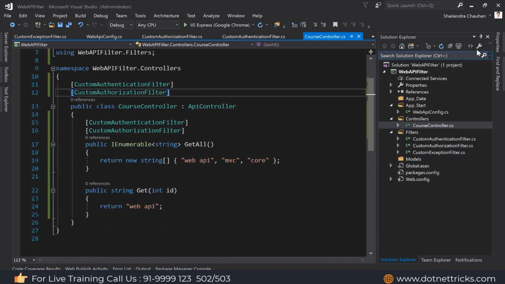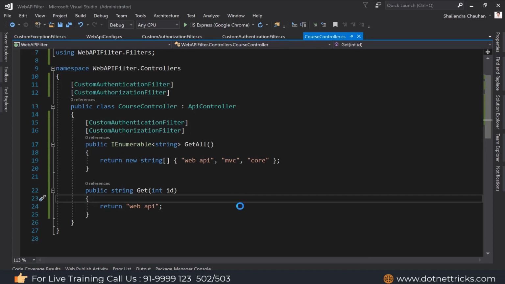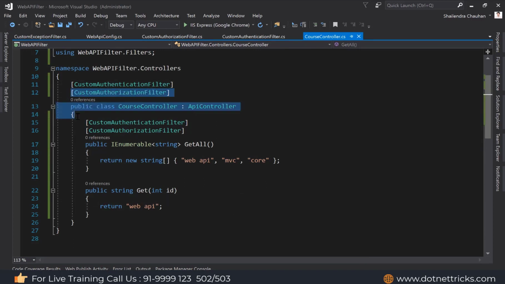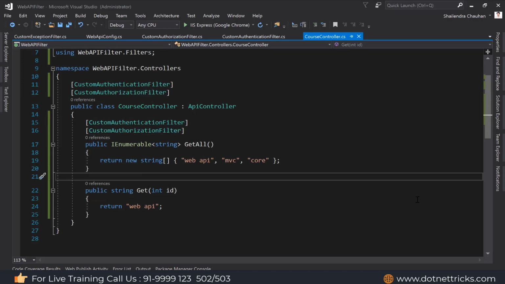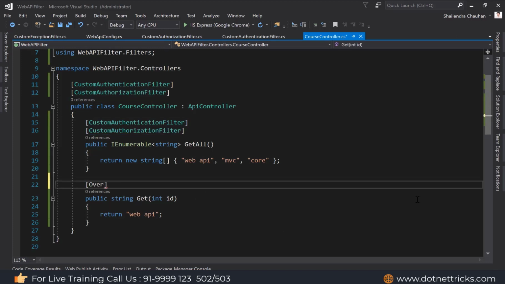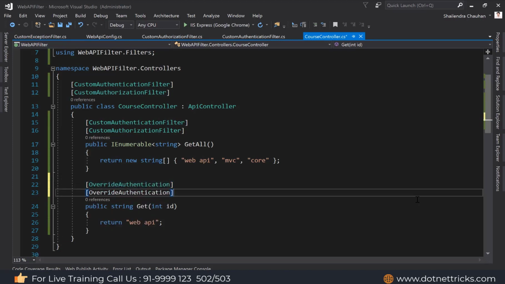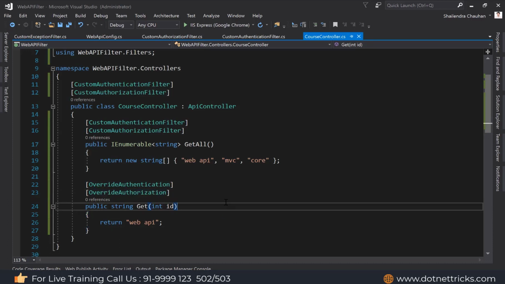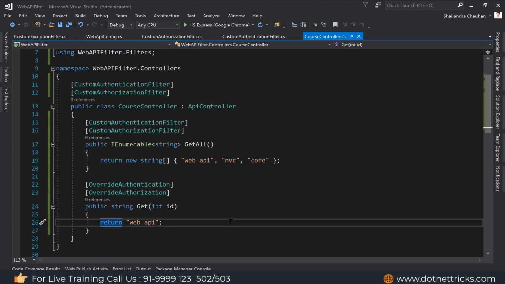Now if you want to override the filters you have configured at controller level, we have configured this filter at controller level, but for this action I'm not willing to use the authentication filter or the authorization filter. So there are override filters which you can use: OverrideAuthentication, we can override authorization as well, and even override the action and the exception also.